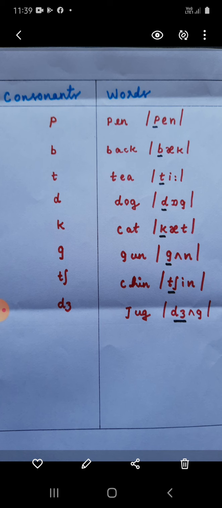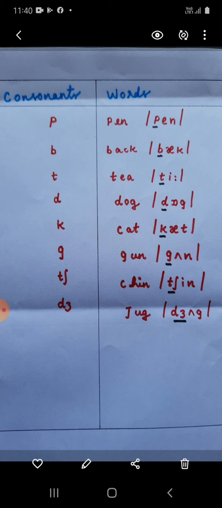The next sound we are going to study is the ch sound. Ch. What's the sound? Ch. And how to write that? It is a slight variation in the writing style. We first write small letter T, then we write a long S. Not short S but long S. Those two symbols give you the sound ch. That's a new thing. So the pronunciation is ch.